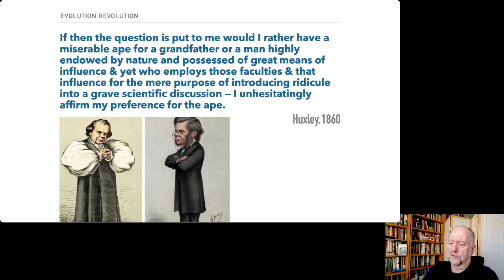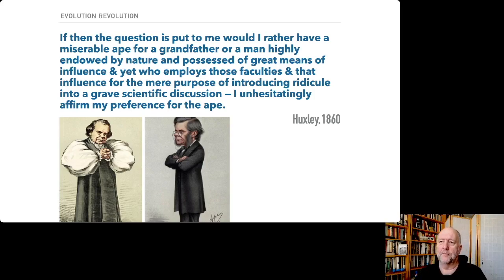In a debate about Darwin's views, which was held at Cambridge, I think, he came up against a fellow called Samuel Wilberforce, who was the son of the great anti-slavery campaigner. He was a bishop, and he was pretty well opposed to any idea of evolution. Not natural selection, just evolution. He was given his scientific information by Richard Owen, who we'll look at later, but he spent a fair bit of his time in this debate ridiculing the idea of evolution and